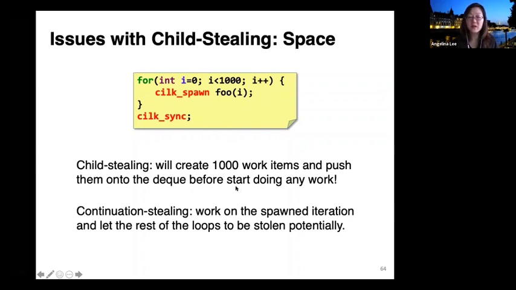In the case of child stealing, you are actually going to create 1,000 work items, or however many iterations you're doing, and push them onto the deque before you actually start doing any useful work. On the other hand, for continuation stealing, what you would do is work on the spawned iteration and let the rest of the loop be packaged up as a continuation that can potentially be stolen.